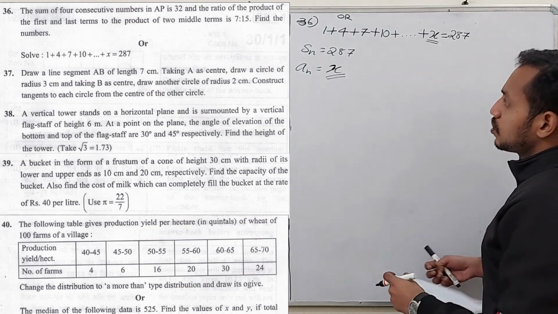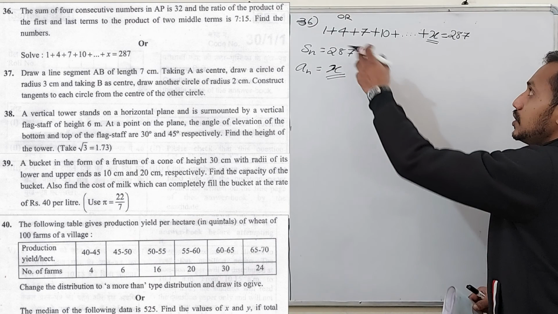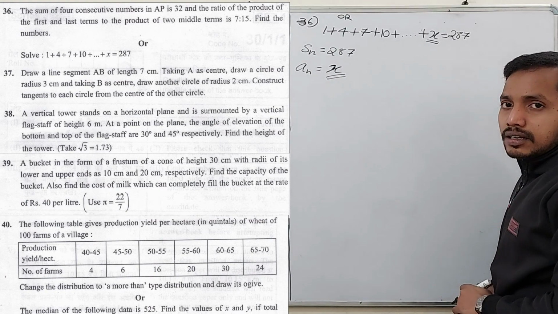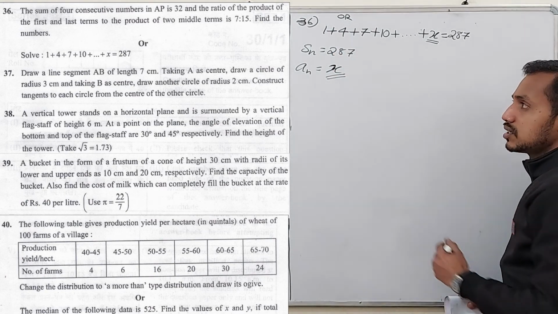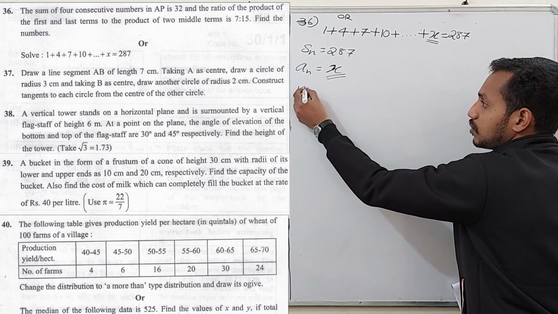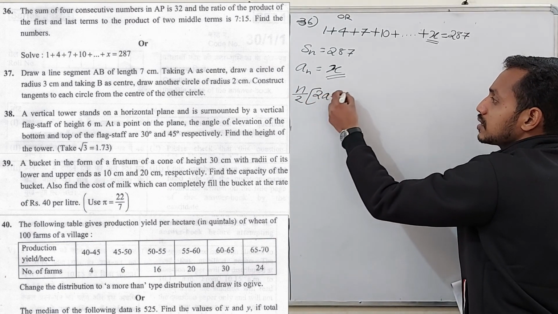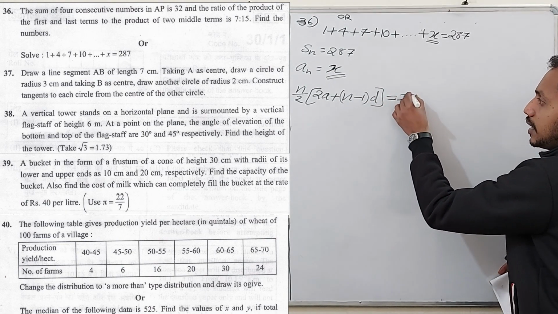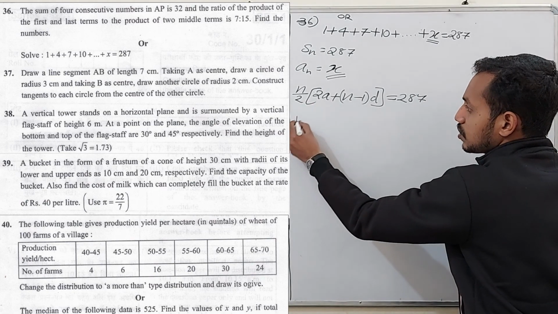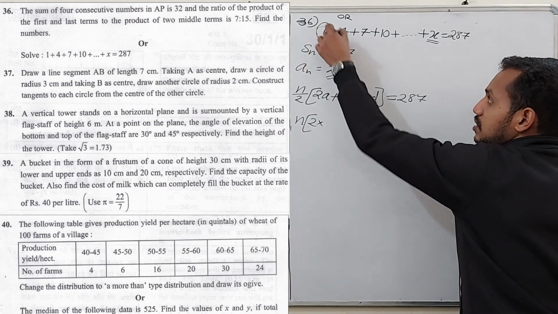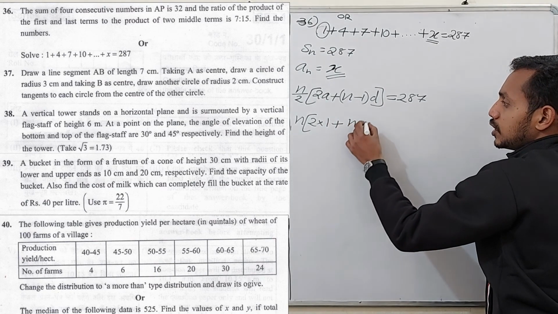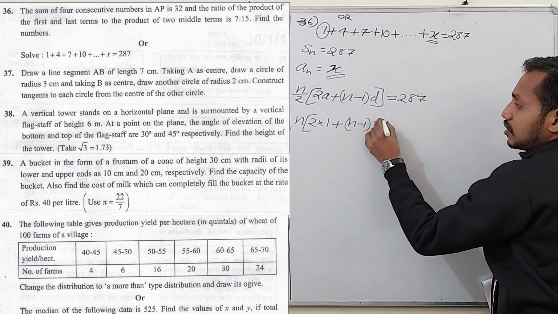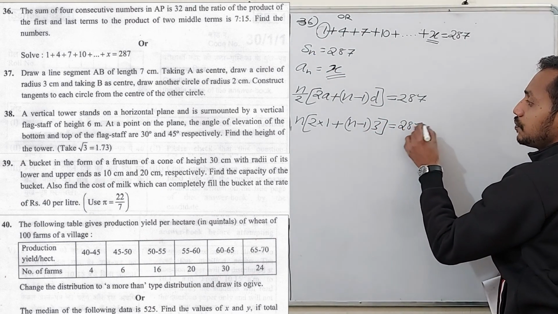That is all. So for finding the nth term, we need to know how many terms are there here. That is n we have to find. So to find n by using the Sn formula, it is very easy. Just put the values in the Sn formula, that is n by 2 into 2a plus n minus 1 into d, which is equal to 287. Now this 2 take into here, so n into 2 into a, where a is the first term, that is 1, plus n minus 1 into the common difference. The difference between each consecutive term is 3, which is equal to 287 into 2.